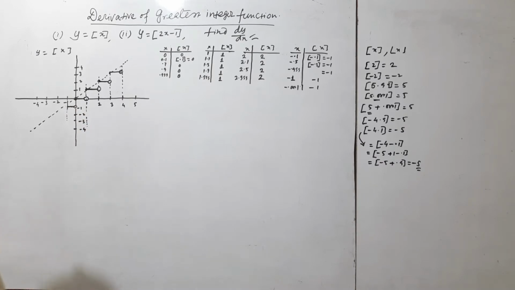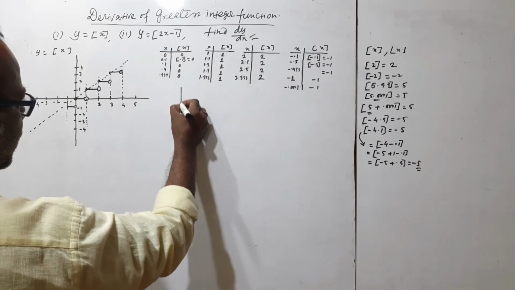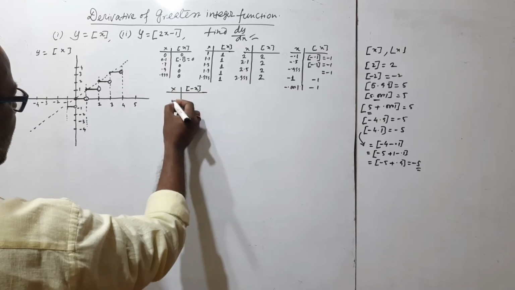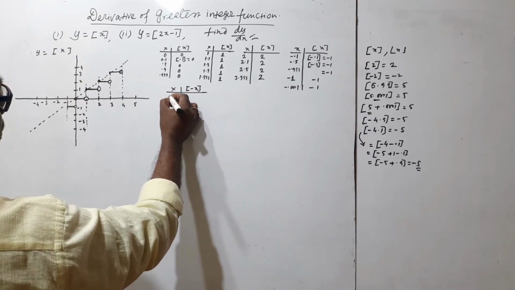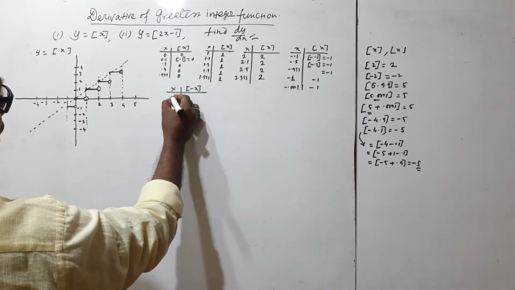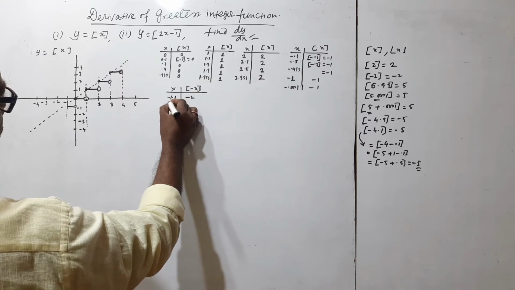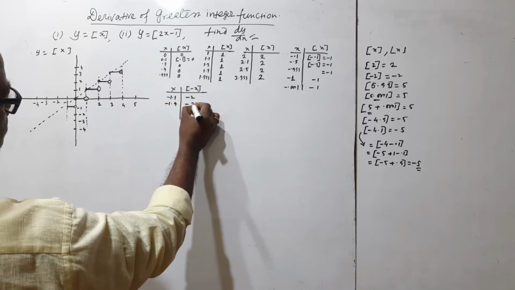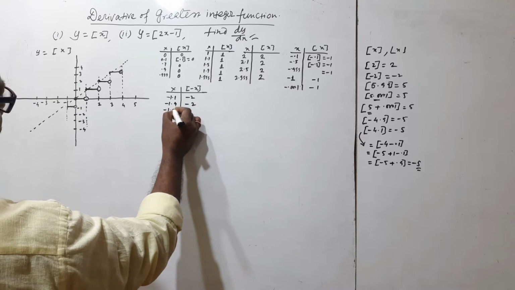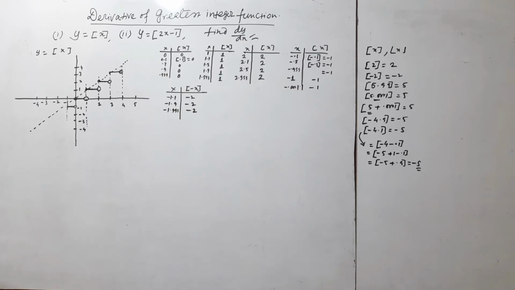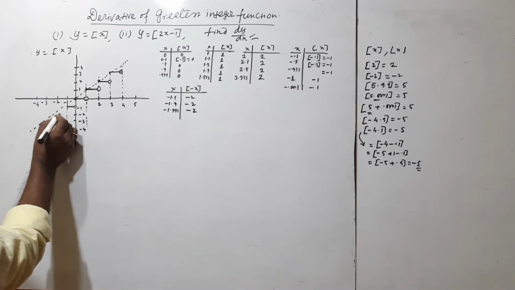Okay. In case of more negative, that is x and box x, if we take here, this is minus 1, minus 1.1, so this is minus 2, minus 1.9, this is minus 2, minus 1.99 something, then again it is minus 2. Okay, for the case of minus 2,